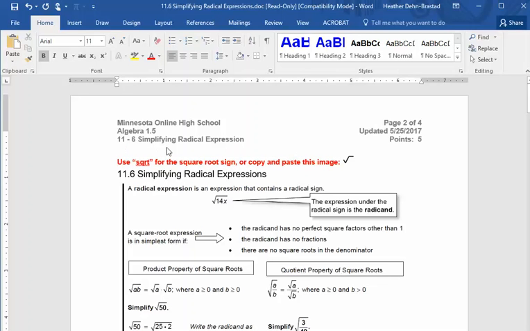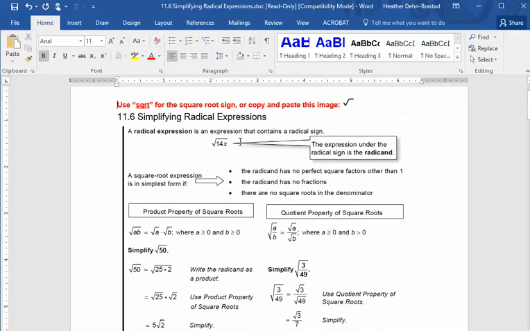We're going to go over how to do some problems from the 11.6 assignment on simplifying radical expressions. So basically we're going to be simplifying square roots in this lesson. A radical expression is just one that contains a radical, and we'll be using square roots. There are also cube roots and fourth roots and so on, and they're all called radicals, but we'll be working with